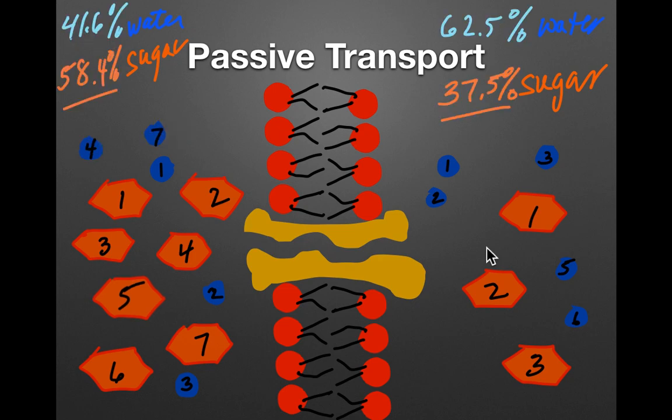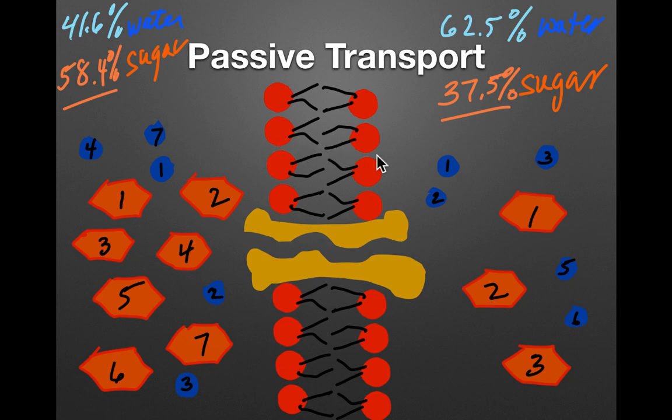Okay, so when we look at the concentrations, what has happened is we've gotten a lot closer to being even. If you recall, this side was 70-30, and over here on this side it was 30-70, right? But we had 70% water, 30% sugar. Over here we had 30% water, 70% sugar. But we're a lot closer to having our sugar concentration be equal. We're also a lot closer to having our water concentration be equal. So even though we had an inability to move the sugar because of its size, water is going to be able to move in the direction from high to low concentration, move in the direction of the gradient,